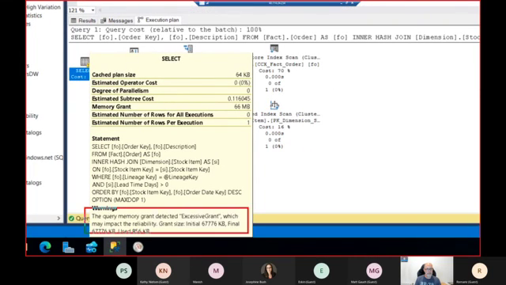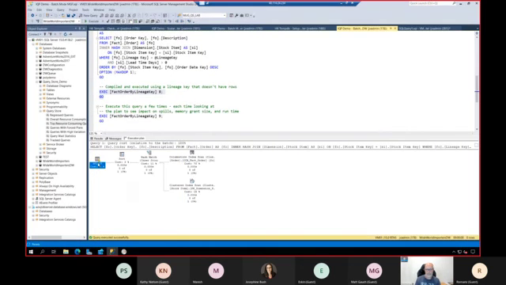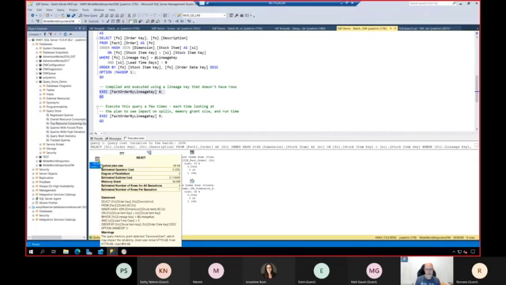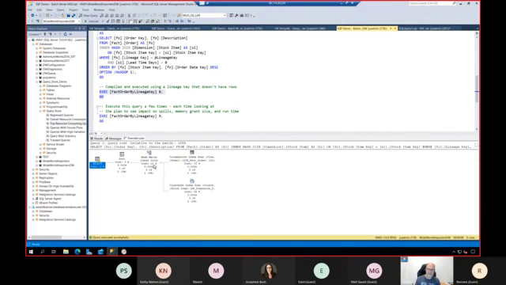When we go check what this warning is, it's saying at the bottom, query memory grant detected, excessive grant. So it initially granted 67, blah, blah, blah, and it ended up using 800 KB, right? So we are wasting a lot of memory. And you see when here we see the warning sign, well, we have to pay attention. So now we have the plan in cache, right?